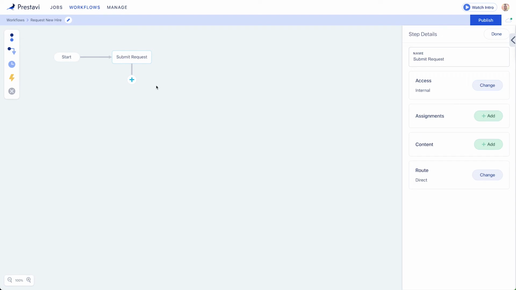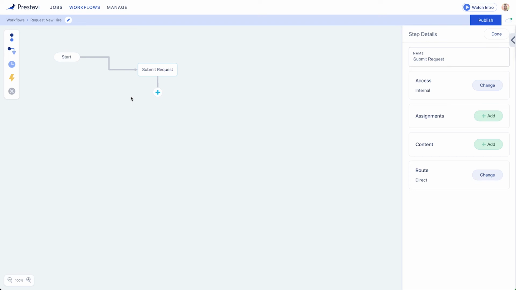Now that it's been added to the diagram, we can drag it around to position it exactly where we want, or we could click on the route to highlight it, and then if you were to use the delete or backspace key on your keyboard, you can easily remove the connection. And then to reconnect it, you just drag a connector onto that element or drag an element onto a connector.